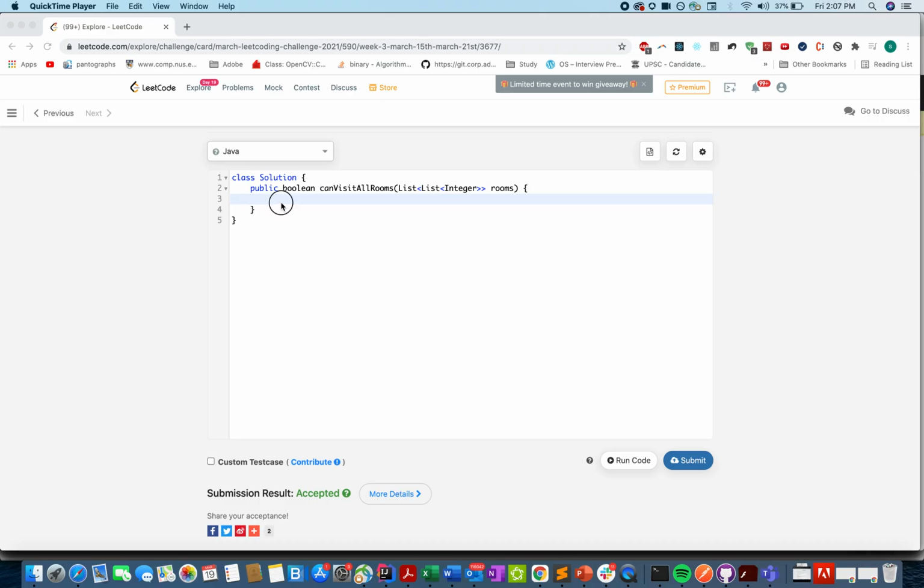The first thing that we are going to do is define a set of integers that will store the room IDs. So visited room IDs, and let's define a new HashSet. The next statement would be the typical way of writing the BFS, defining a queue, new LinkedList.